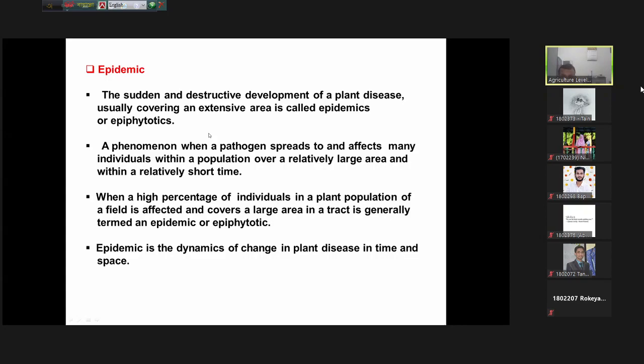Why we call pandemic, we will discuss later. What is basically pandemic and what is the difference with other epidemics? So this is the definition. When a pathogen is spread to and affect many individuals of a population called epidemic, or sudden and destructive development of a epidemic. That is the মহামারী. Epidemics এর বাংলা কি? মহামারী। মহামারী।